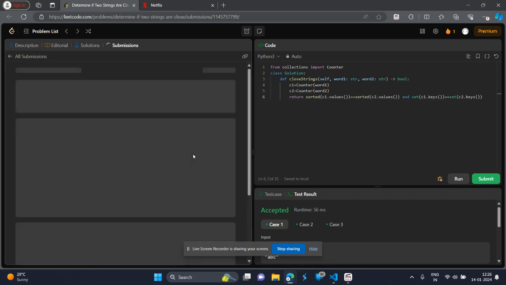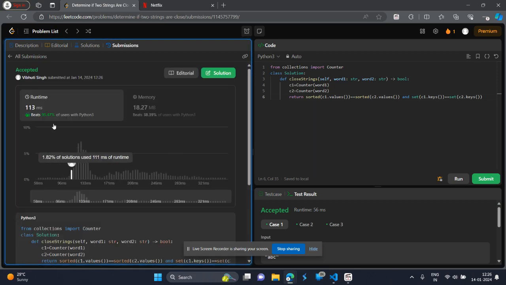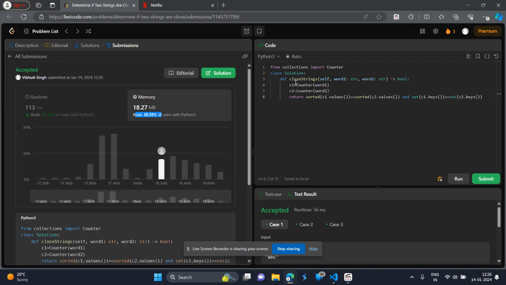Okay, I hope it does the job. Yeah, it did the job, and it is beating a large chunk of Python 3 users. It is not that memory efficient because I'm using counters, but still it is able to do the job in